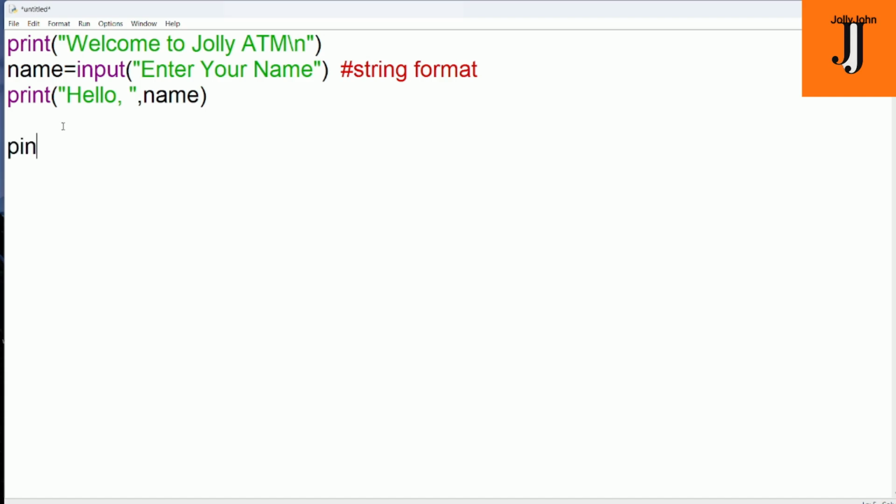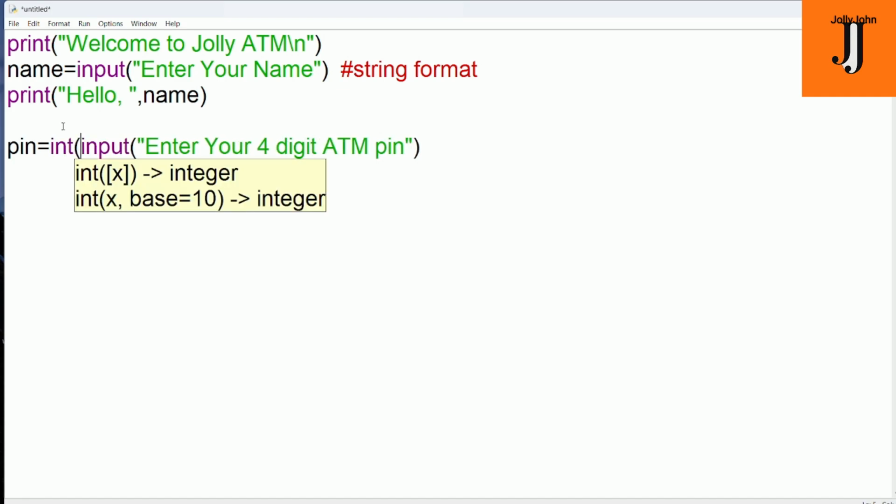PIN equal to input function. Here I'm going to take one message, enter your 4-digit ATM PIN. It is reading in string format. If you need it in integer format, number format, then you need to write int of. This int is one type of function used for converting the string data to a number, integer. Then next you can see print PIN